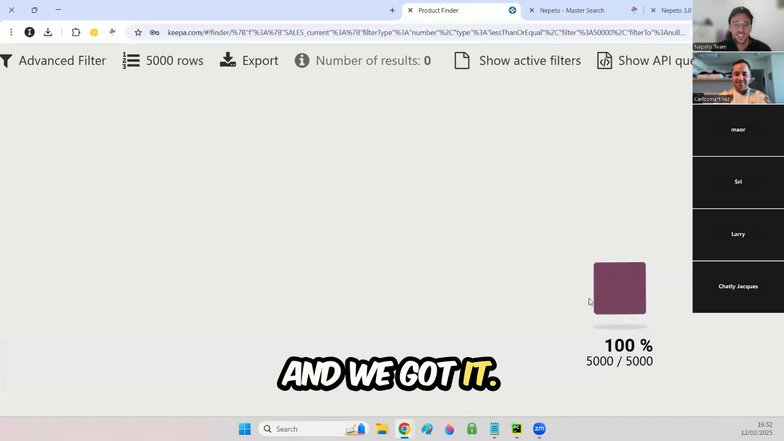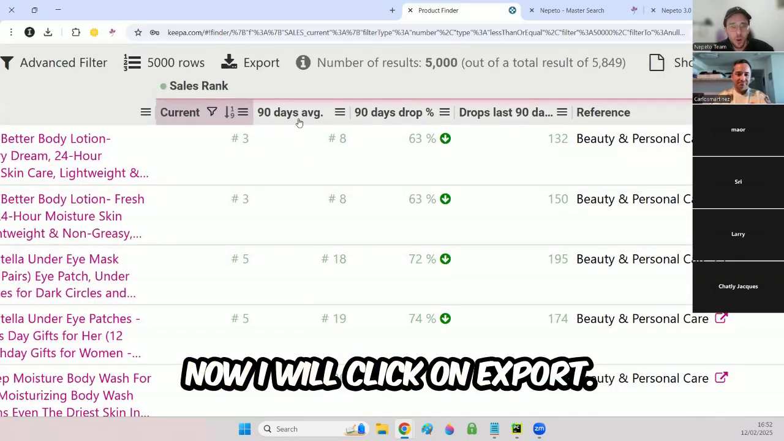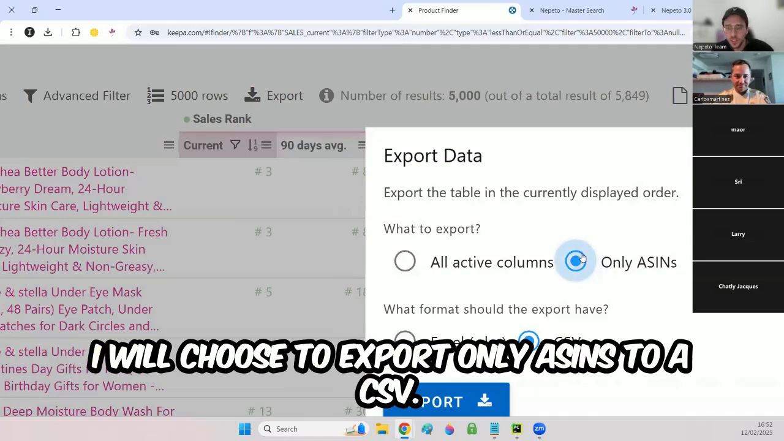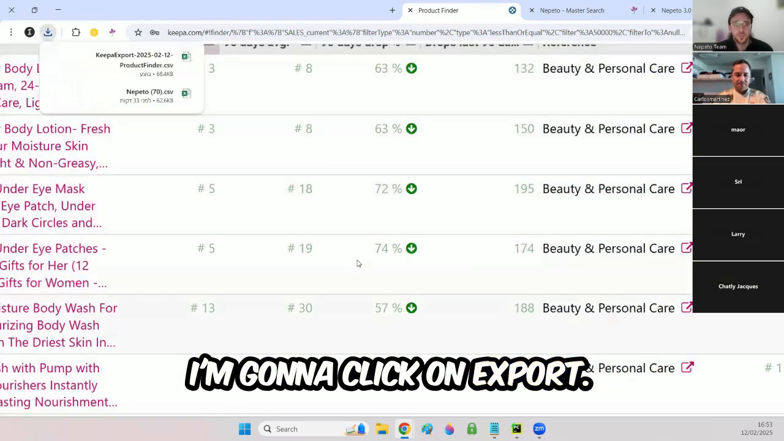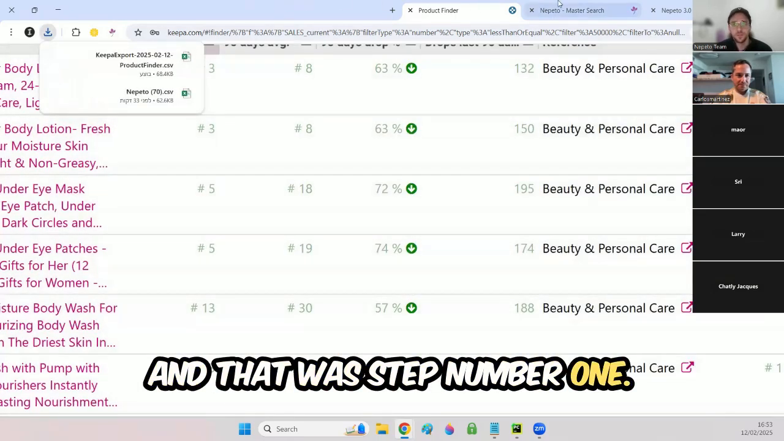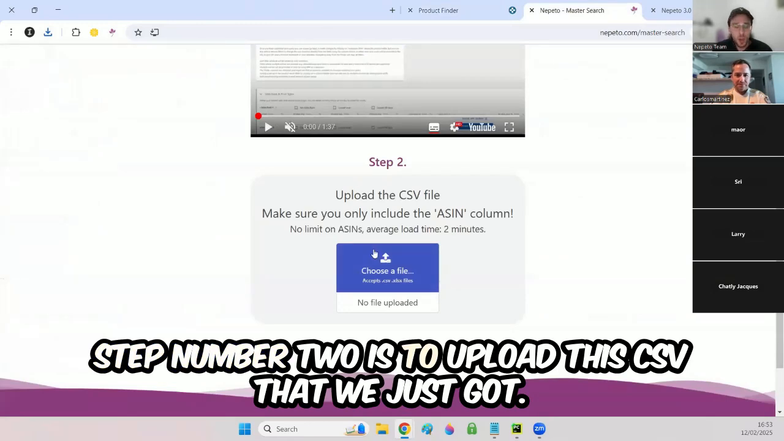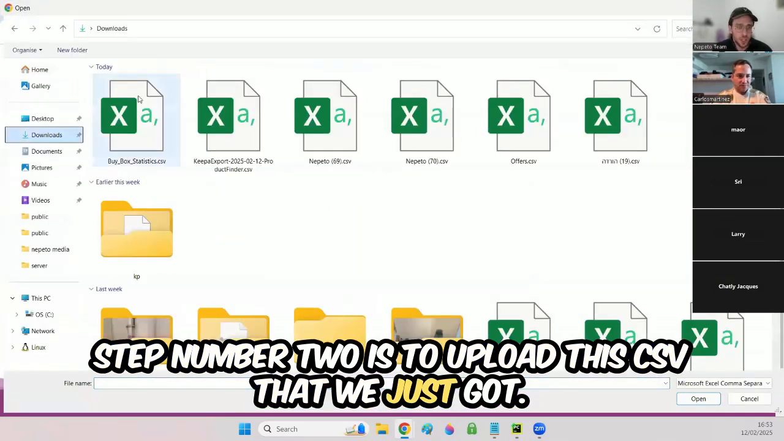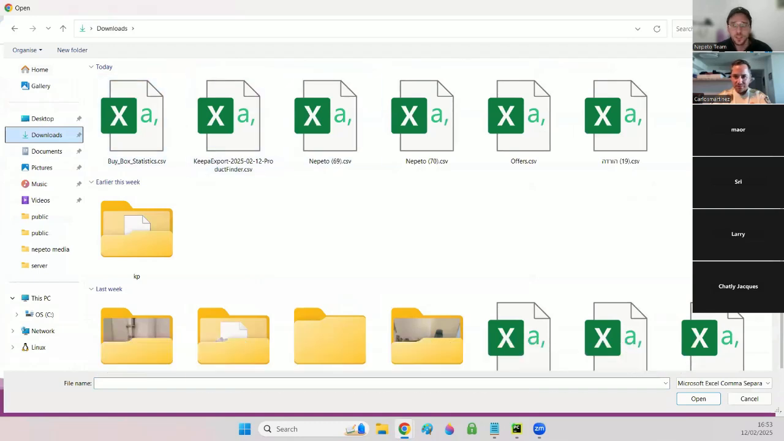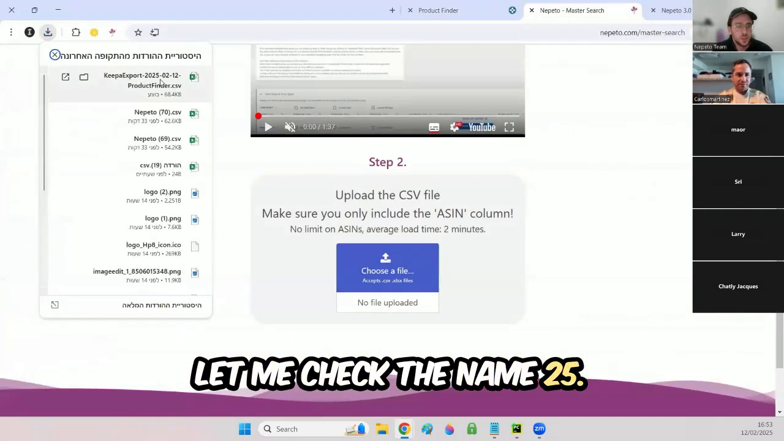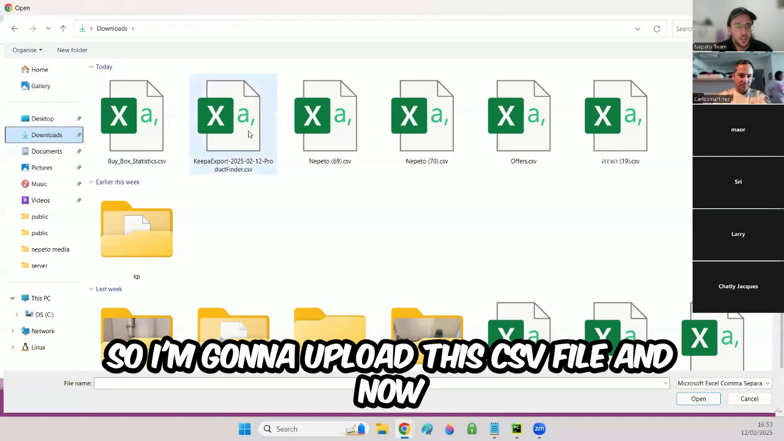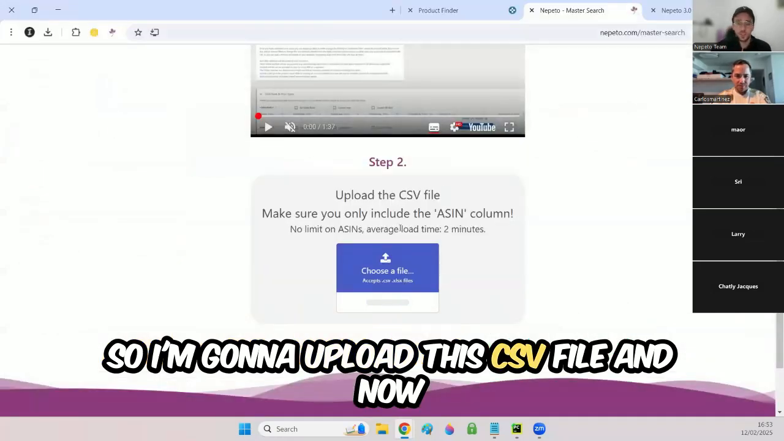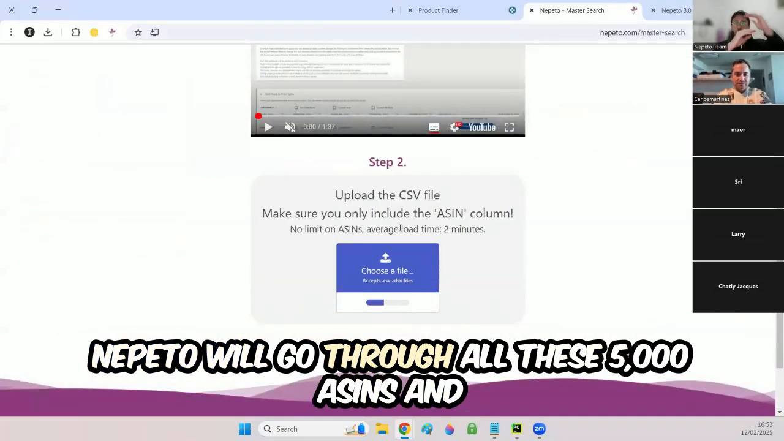And we got it. 5,000 ASINs. Now I will click on export. I will choose to export only ASINs to a CSV. I'm going to click on export, and that was step number 1. Step number 2 is to upload this CSV that we just got. Let me check the name. Okay. So I'm going to upload this CSV file, and now Nepeto will go through all these 5,000 ASINs